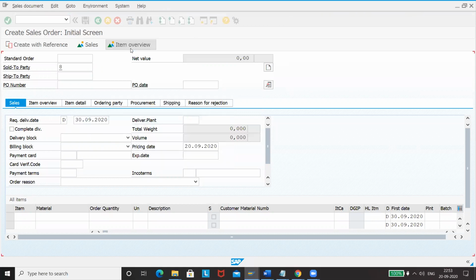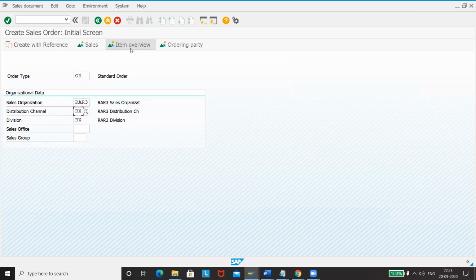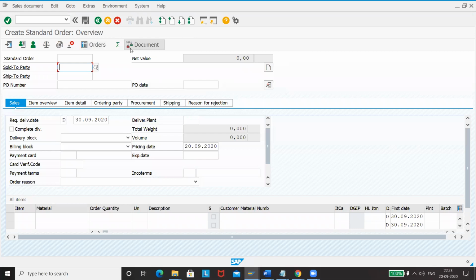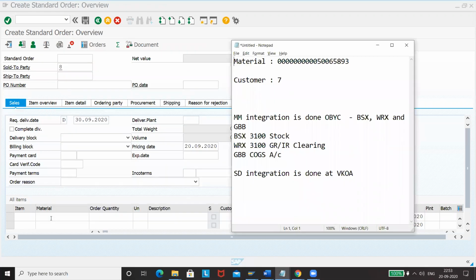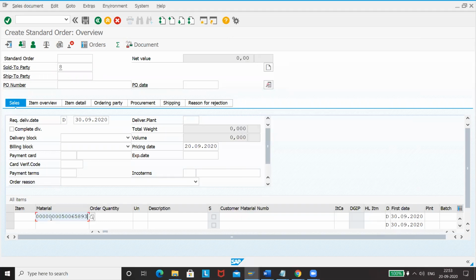The system has automatically taken it, if everything is correct. Our customer is 807. So we give quantity 1.